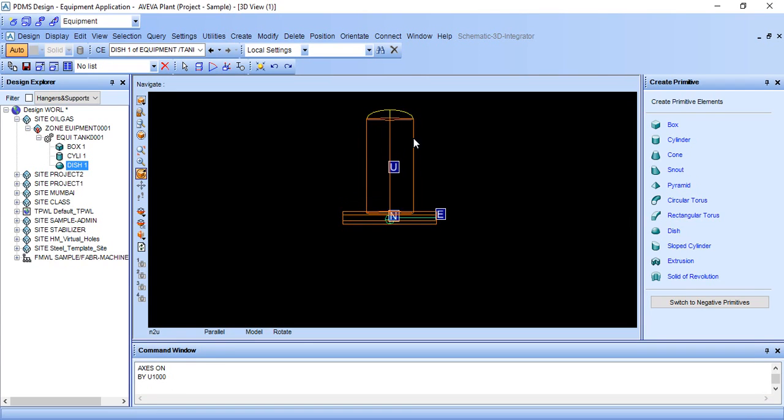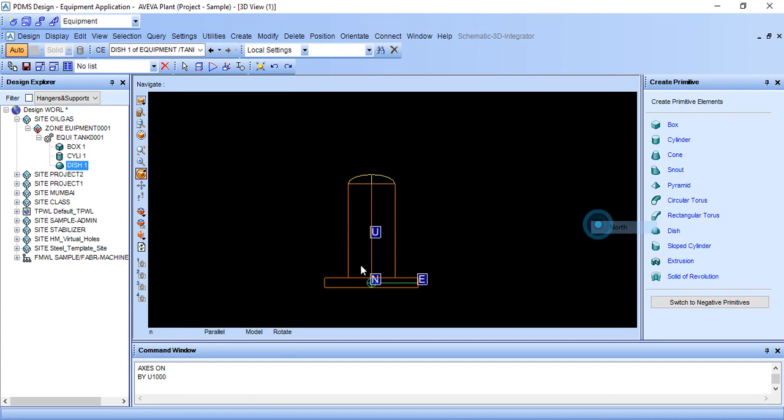You can use this command also if you know the distance. And if you want to go east side, just type by east and give the distance 3000. It will come like this. If I want it back, e minus 3000. So you can give any command like this: north, east, west, south, up, down. If I want the original position, by down 1000. So it will come like this.